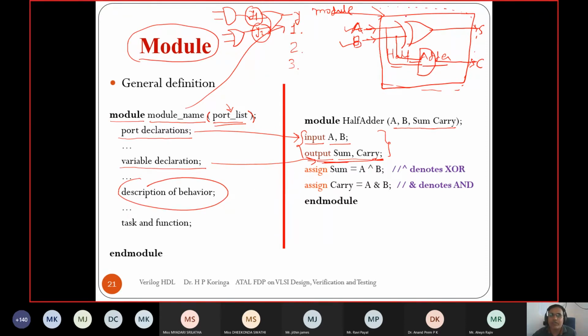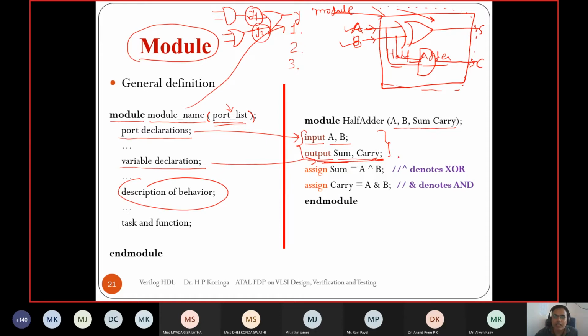Once the variable declaration is done, next is the description of behavior. Description of behavior means the internal architecture inside this box, inside the module, right? That description of behavior we can describe using four types of abstraction levels: the behavioral abstraction level, data flow abstraction level, gate level abstraction level, and switch level abstraction level, right?